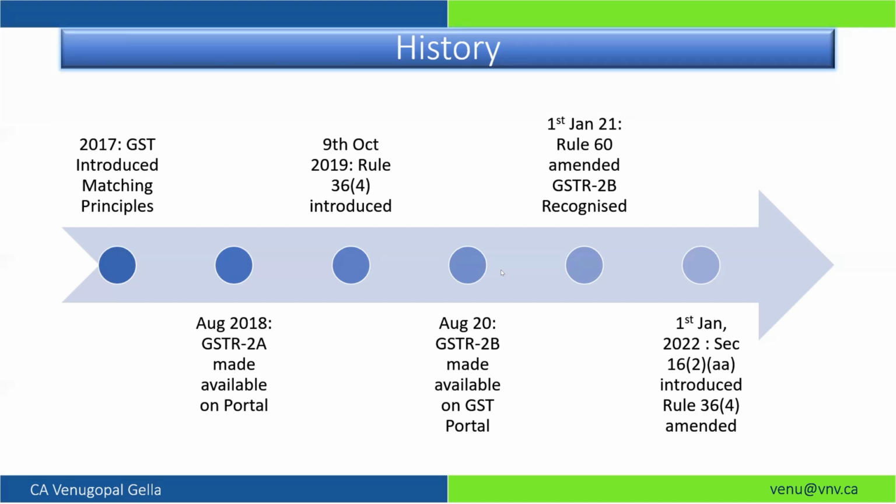But by way of Circular 183, they have clarified, even though the transactions are not reflecting in GSTR 2A, ITC will not be straightforwardly disallowed. In the circular, they have specified certain conditions which need to be fulfilled in order to be eligible for the ITC which are not reflecting in 2A. There are 4 conditions they have specified, which Jagadeesh has already discussed initially, that there should be receipt